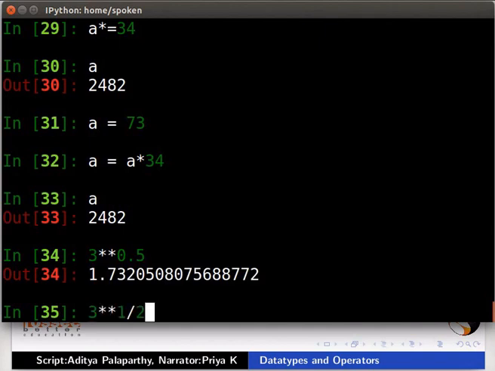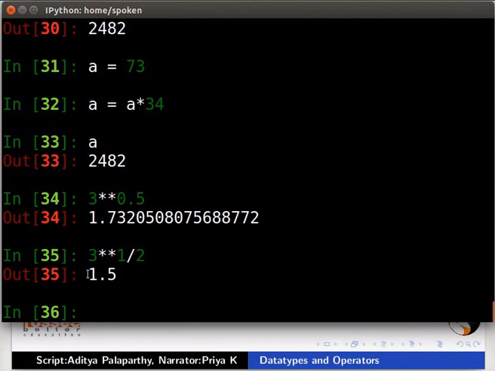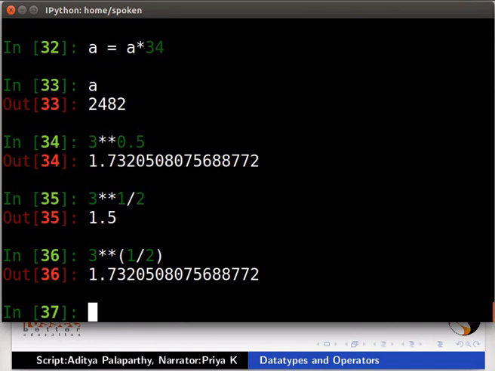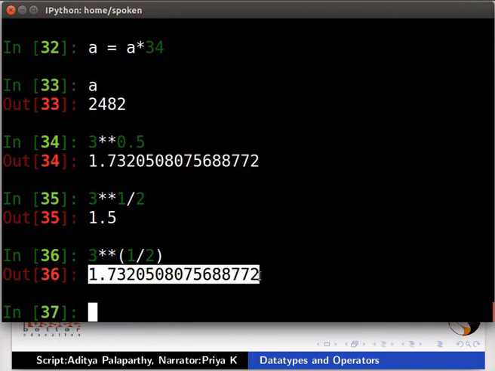Type 3 asterisk asterisk 1 by 2. This operation also gives a float but a different value. Hence, we will not get the same value for the expressions. To get the same value, type 3 asterisk asterisk inside parenthesis 1 by 2. We can see that now the values are the same.